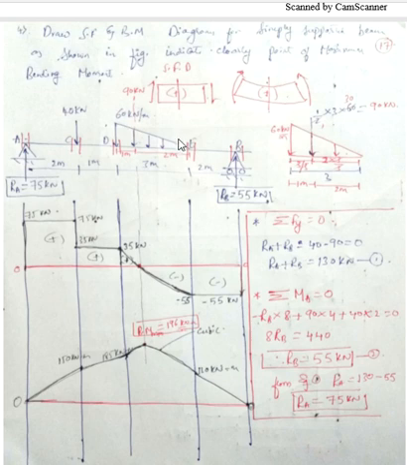Okay, again we'll start with the same procedure. Find the reaction forces. RA and RB are acting upward, so we'll take them as positive. There is a point load acting downward, so minus 40. And the UVL, after converting it into a point load, acts in the downward direction, that is minus 90. So plus RA plus RB minus 40 minus 90 equal to 0. Taking the minus terms to the right side, it becomes RA plus RB is equal to 130 kilonewton. Take it as equation 1.